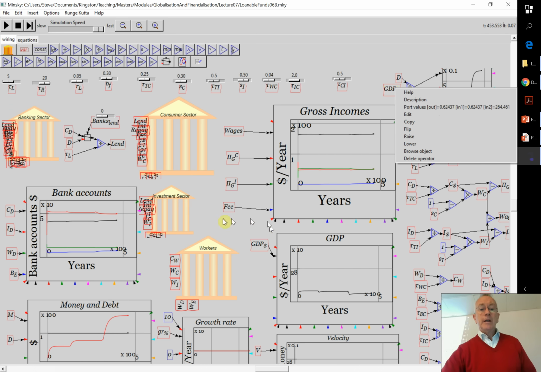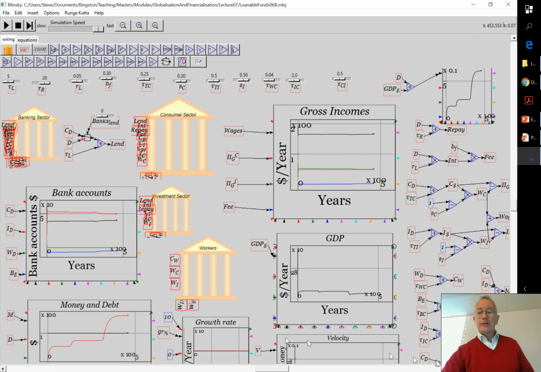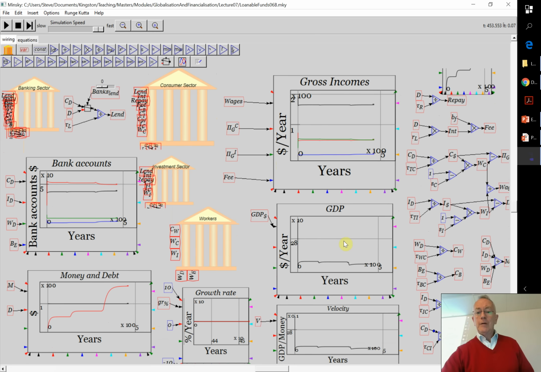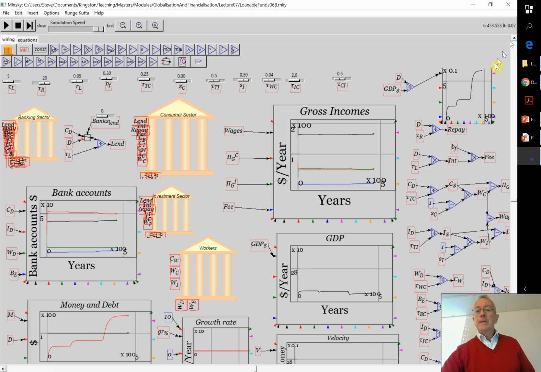Whereas money, because money's turning over, I've got velocity down here, can't quite see it. I'll bring it up a bit. But velocity of money here, money's turning over 2.6 times a year. So the GDP is higher than the amount of money in existence, which again is this point about the circuitous mistake last year of thinking the amount of stock of money determines the total GDP. No, it doesn't. It's a function of that, but it doesn't set the maximum value.